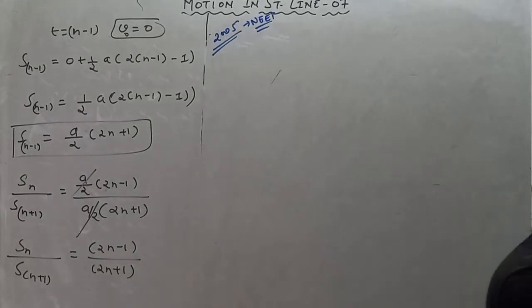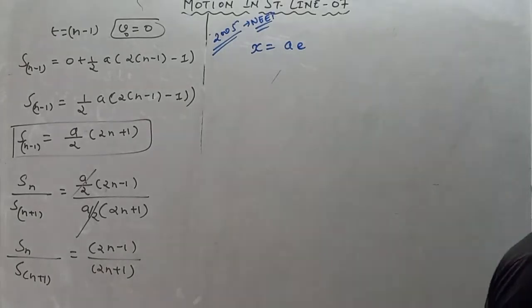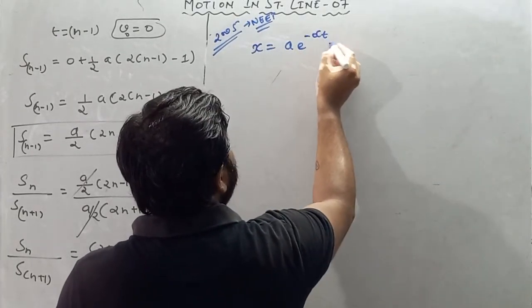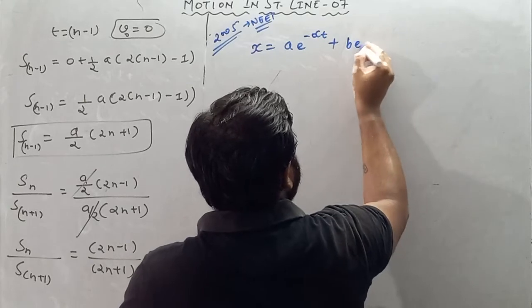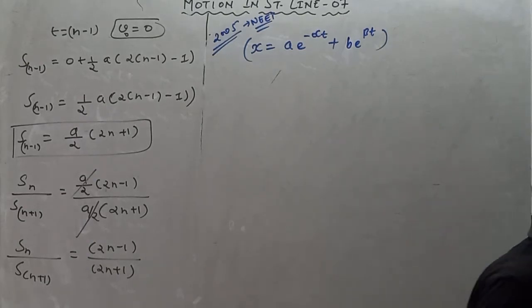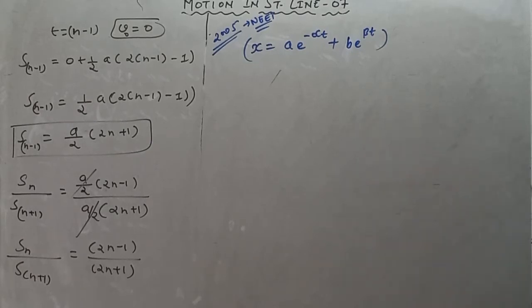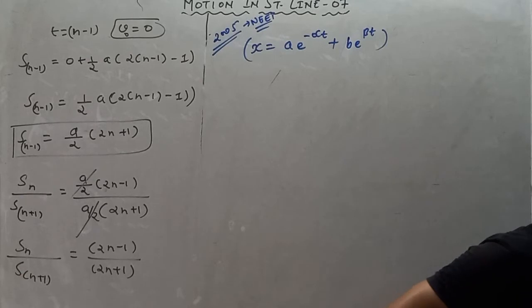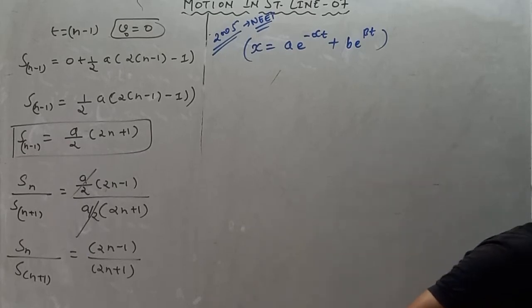Write down the statement. The displacement x of a particle varies with time t as x equals a e raised to the power minus alpha t plus b e raised to the power beta t, where a, b, alpha and beta are positive constants. The velocity of the particle will,